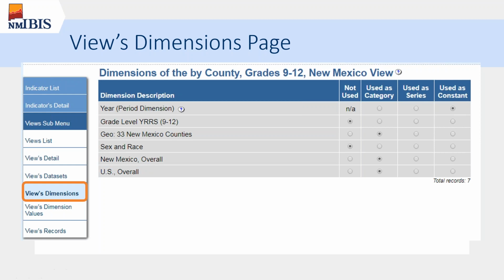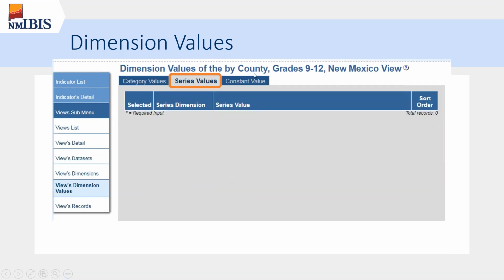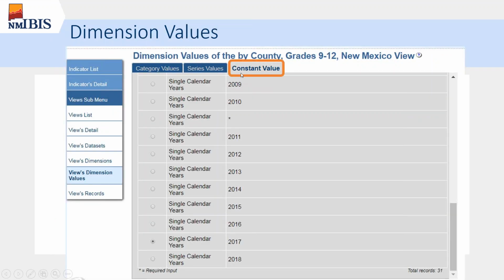That looks good, right? We're good with that. How do we change it to 2019? Well, in this views dimension values page, we have our category values, series values, and the constant value. To change the constant value, since we don't have any data series, just one data series, we'd go to this constant value tab and we'd say, well,